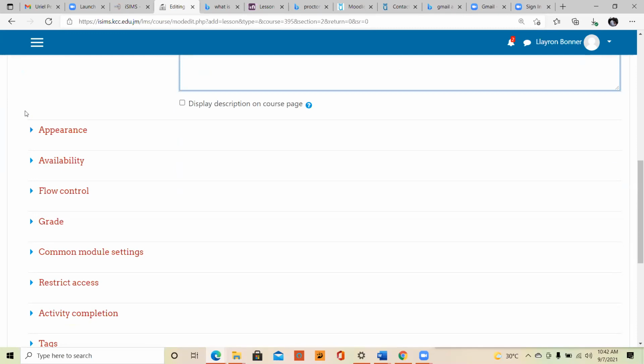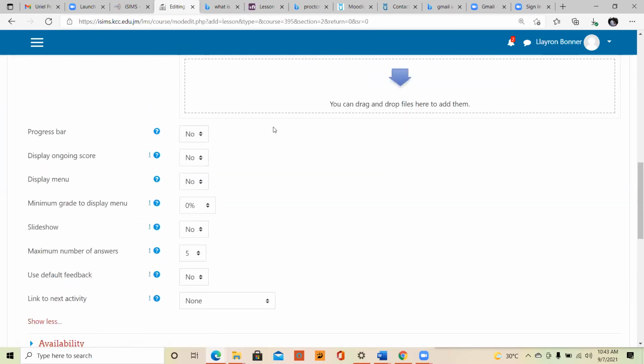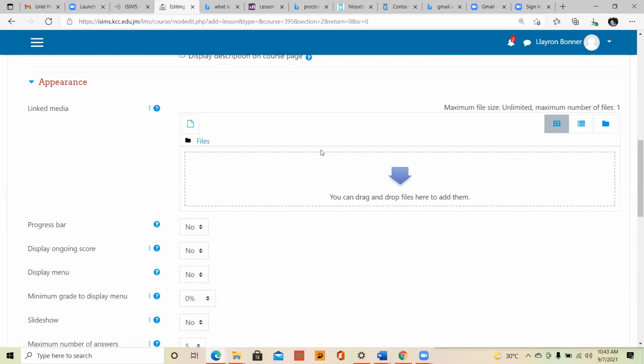Now, if you click on appearance, there are some things there. Linked media: any media that you intend to use, you can have it there as well. If it's a file that the students have, a video, whatever it is that you want them to view, you can add it here. Or whatever material is in another file, or a music file, you can add it here. The progress bar,